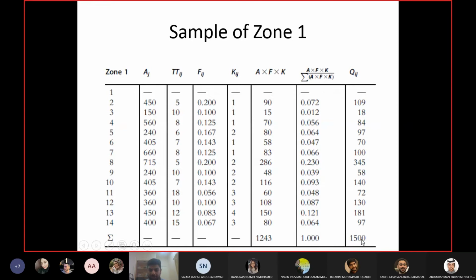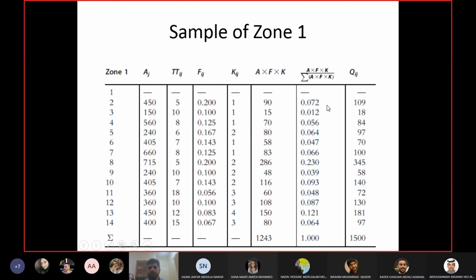Now, I am pointing at 1500 here because this is where it is written in this table, but the 1500 is coming from the trip generation step. When you did the trip generation step, I showed you the table. You already know how many trips are produced from each zone. So this 1500 should come from there. It is just written here, so that's why I'm pointing here. Don't think that I'm taking the summation from this column and then multiplying. It is not possible. The last column is coming from using these factors. So I must know how many trips are generated from zone 1 in order to calculate this QIJ column.